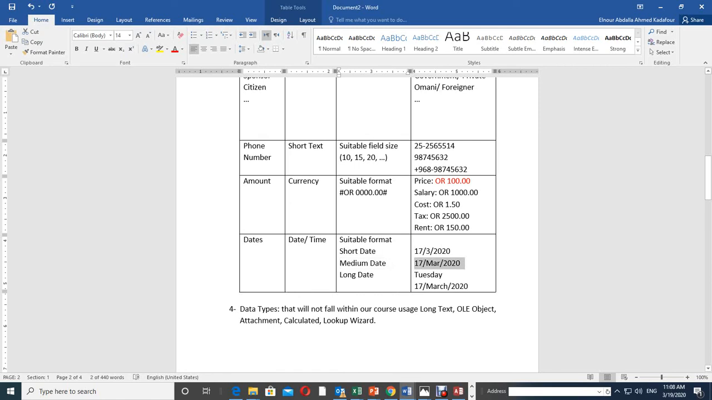Last, if we need to enter a date within our database in such way: the name of the day, the number of the day, the name of the month, last the year. In such case, this is a long date, so it is long date format. You don't have options other than to select it as long date format, and then you can provide it by